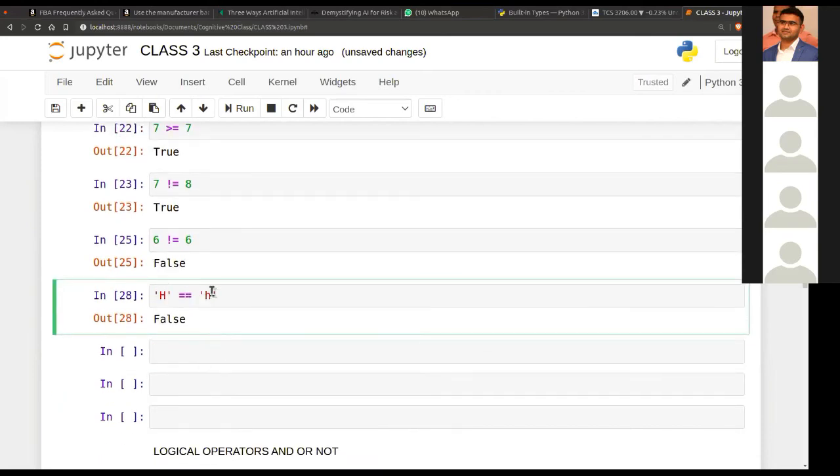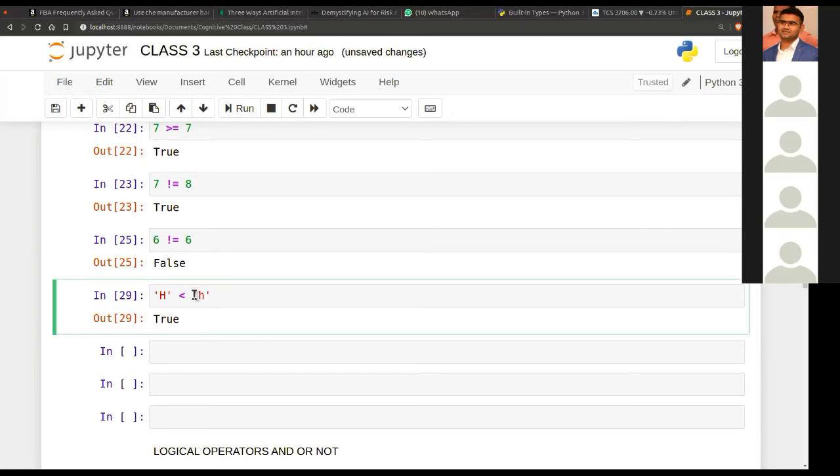This was all about comparison. I hope this comparison operator is clear. Only not equal to and equal to can be used on strings? Because I tried here with greater than and less than also, and it is still giving output as true and false. Yes, Nikhil, it literally compares the ASCII values.